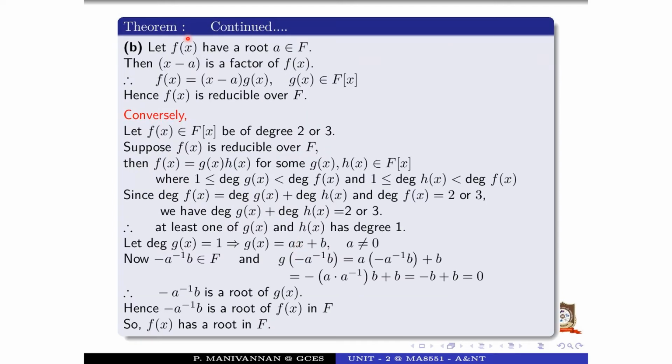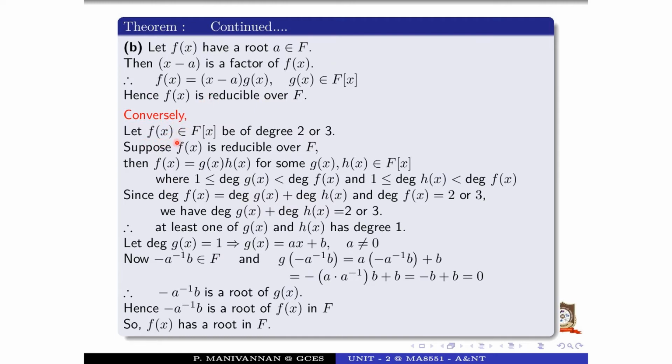Then the second part. Let f(x) have a root a belonging to F. Then what is the condition for root? If a is a root, then x minus a is a factor. If it is a factor of f(x), then f(x) can be rewritten as (x minus a) into g(x), where g(x) is a polynomial belonging to F[x]. Therefore, we can multiply these two terms. This is one function, this is another function. Therefore, f(x) is reducible over F. If it has a root, then it is reducible. Then, conversely,